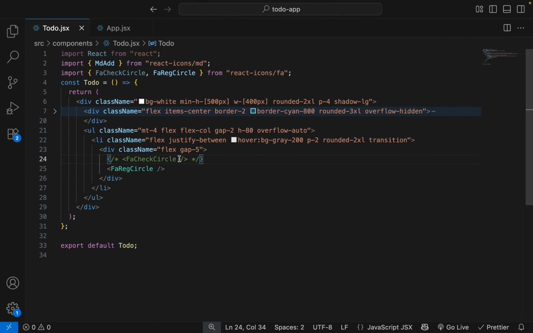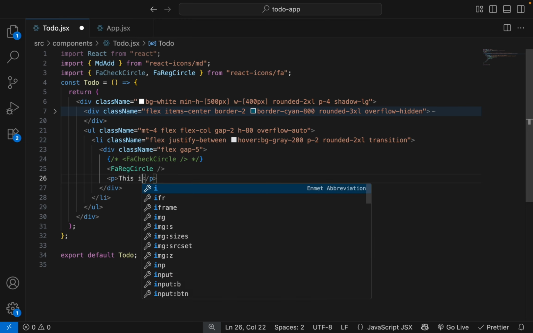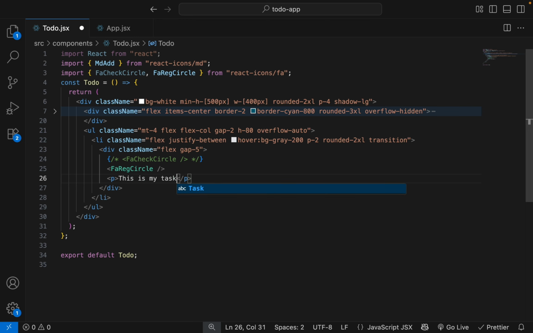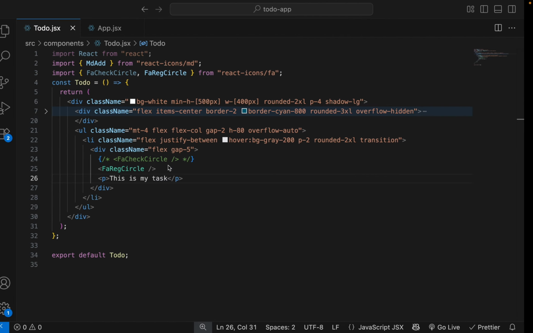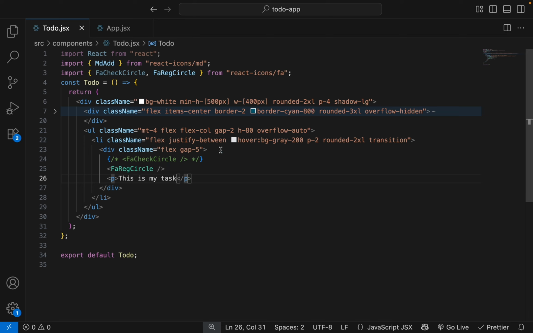After that, create a p tag. This is my task item.